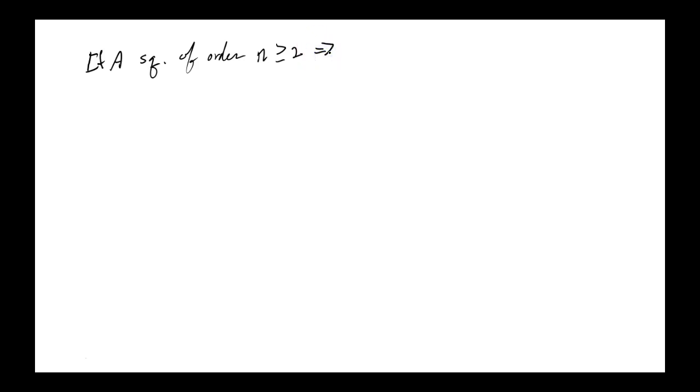If that's the case, then the determinant of A is the sum of the entries in the first row of A,